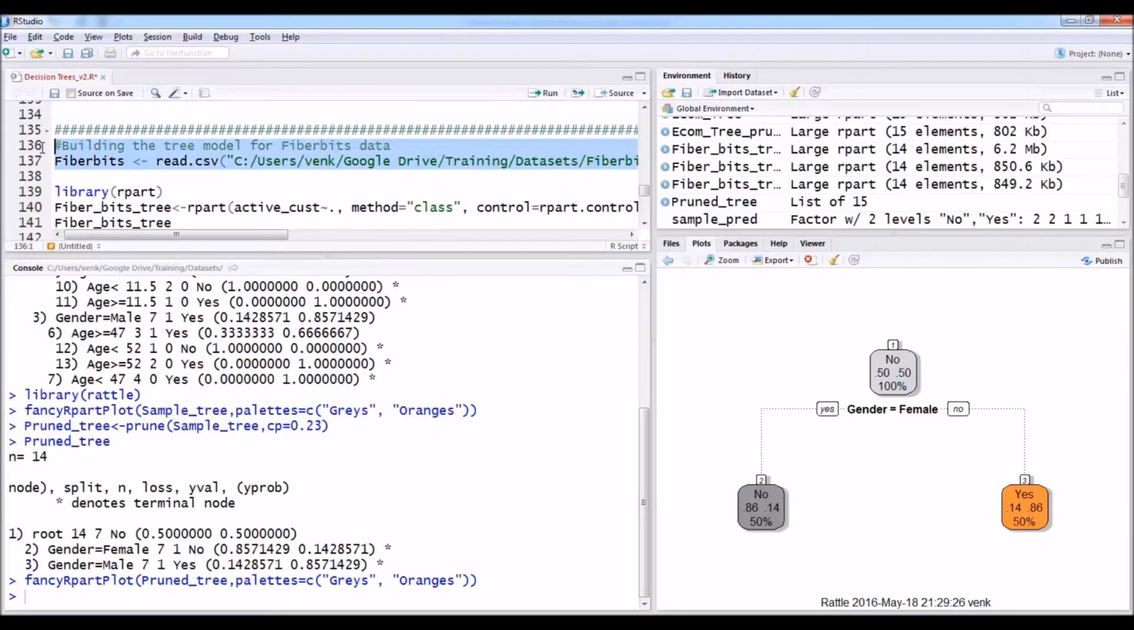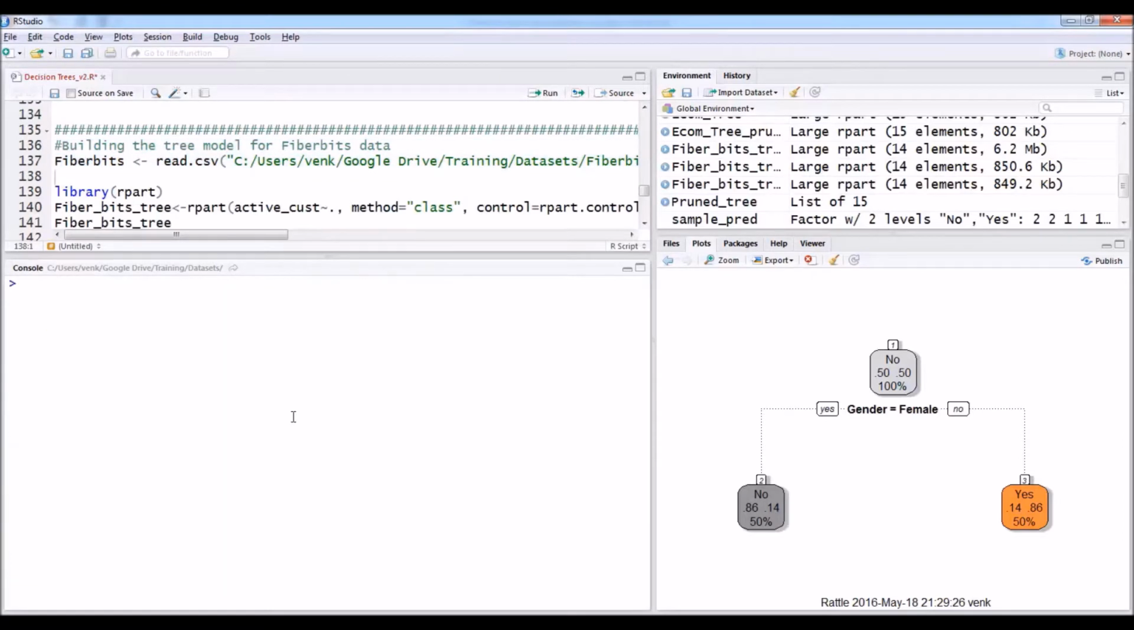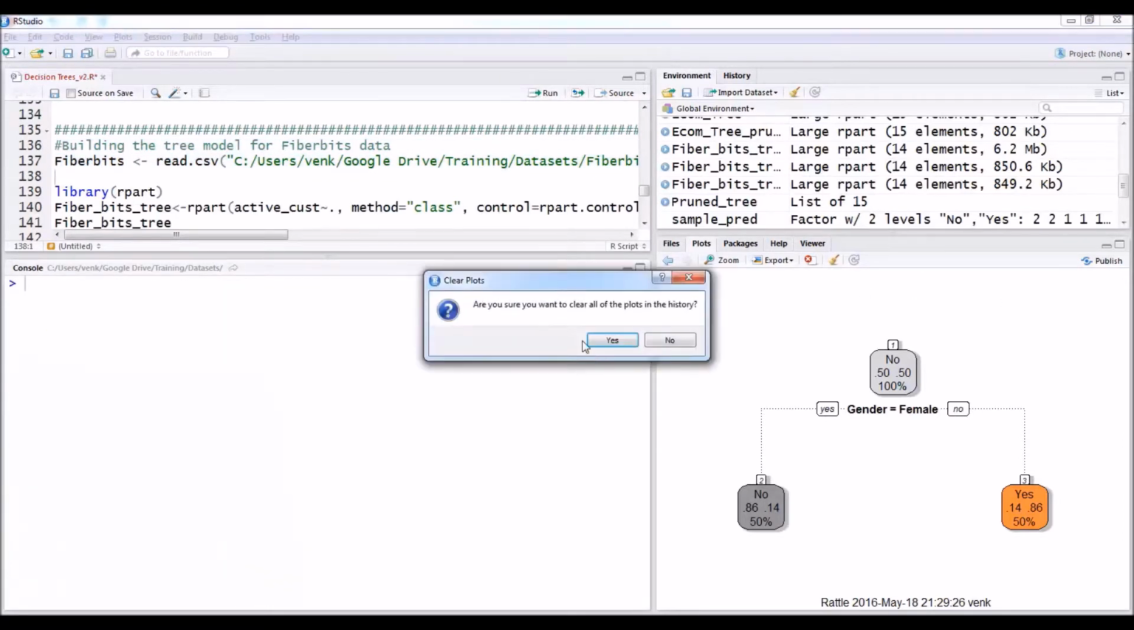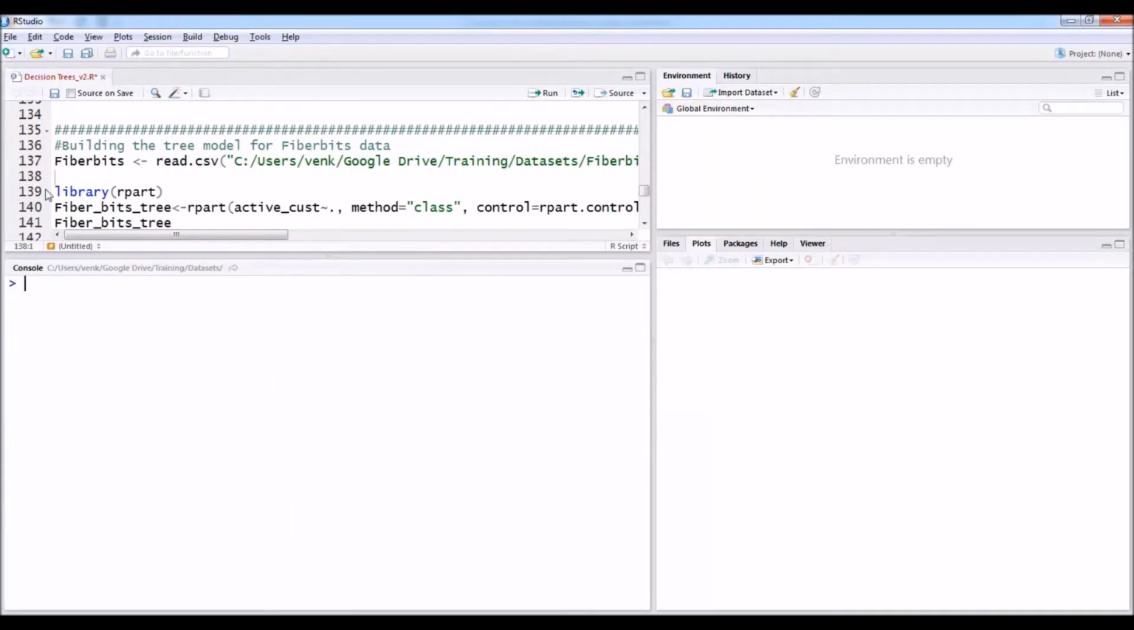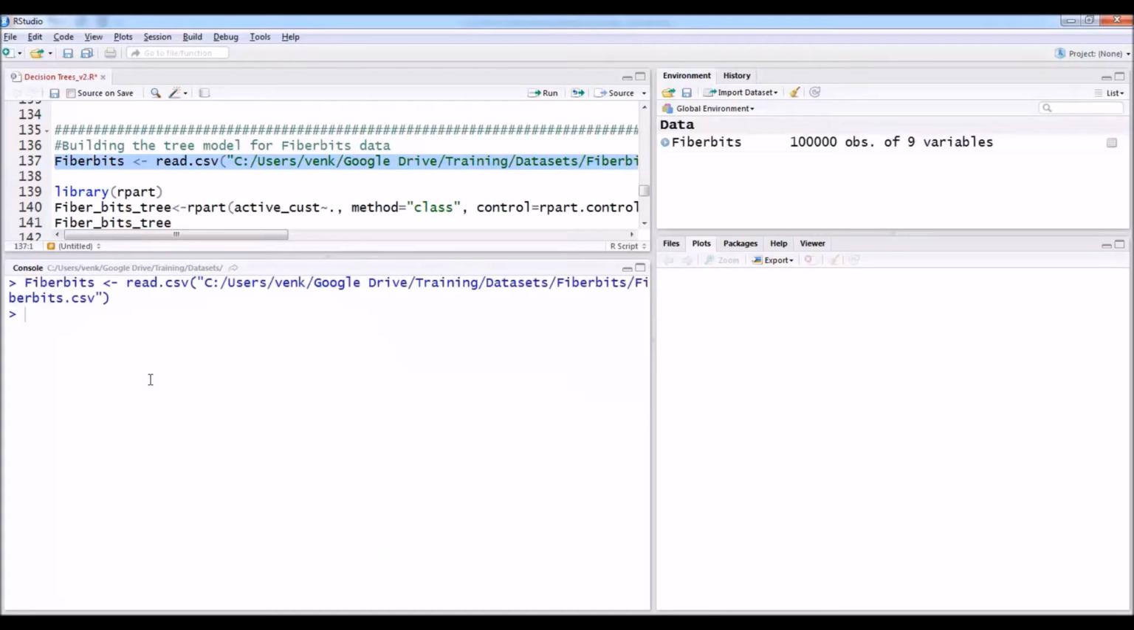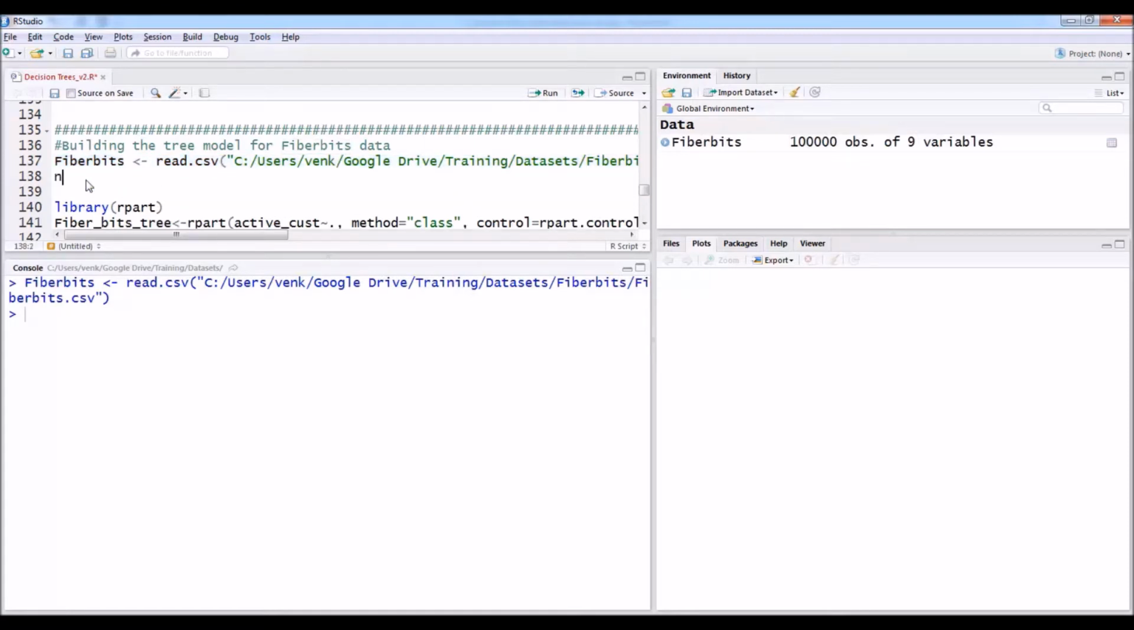So here is the fiber bits data. Let's clean up a bit. Let's get fiber bits data. Yep, it has around 100,000 observations, 9 variables. We can see the names of the fiber bits data,